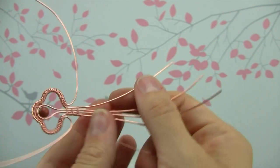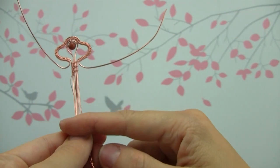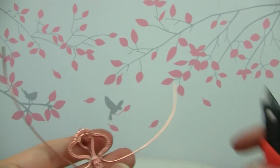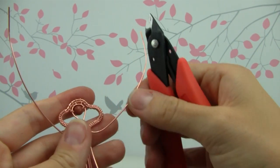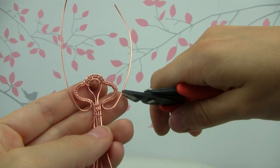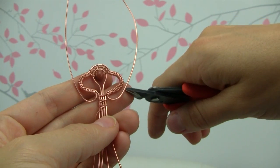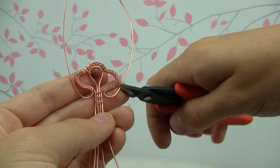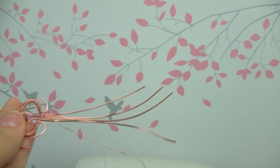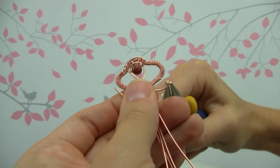So however long you want your key to be, I don't know if you want it to be really long or a little shorter, it's all personal preference. Just go however long you like. What we're going to do here is bend these all the way up and then cut them kind of around where your bump is on your shape there. And now we're just taking our round nose pliers and making a little loop